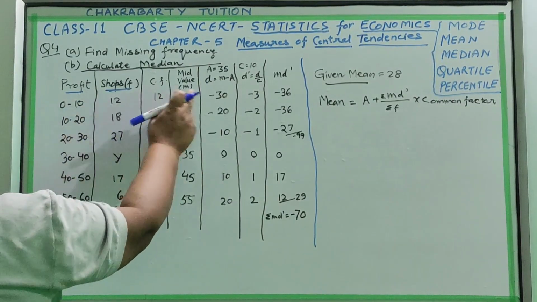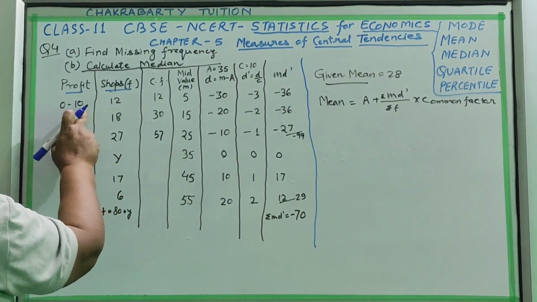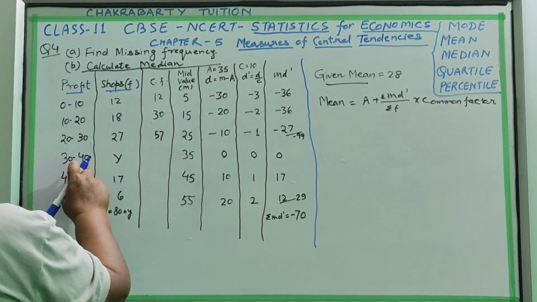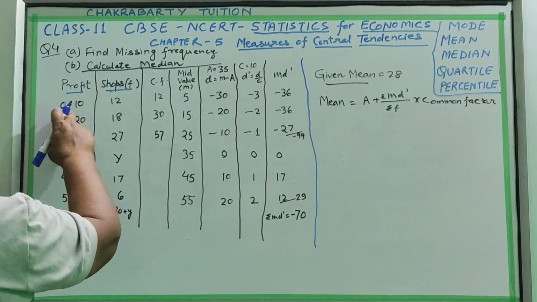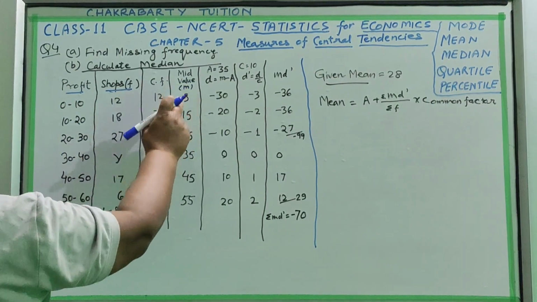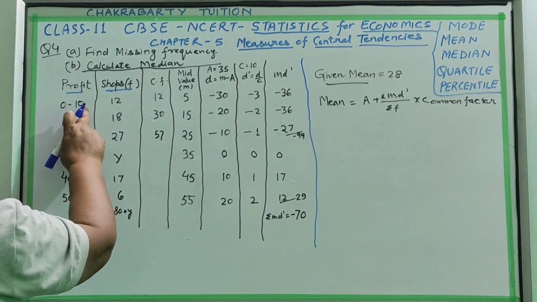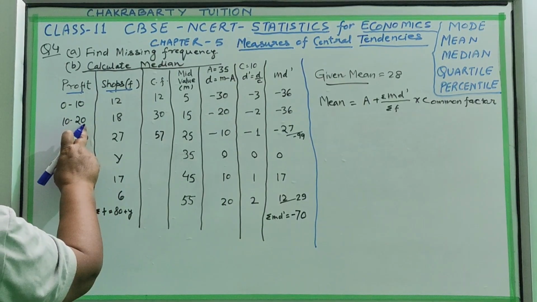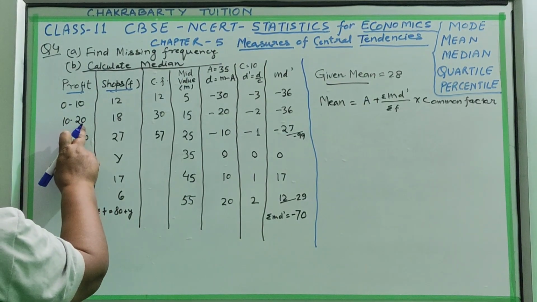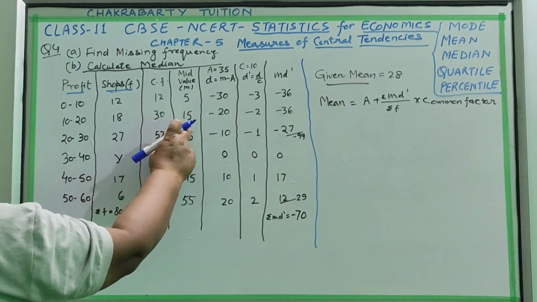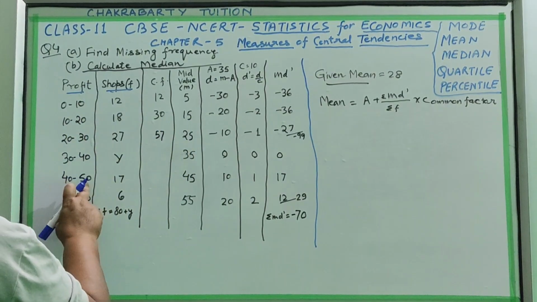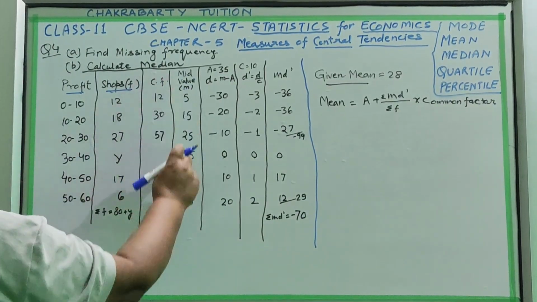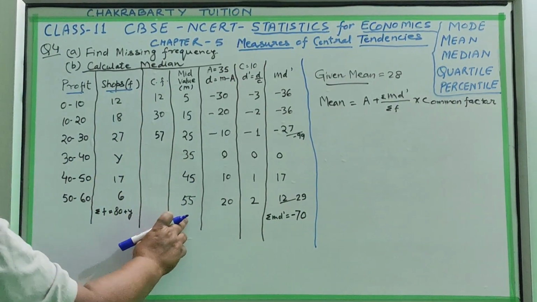So how will we calculate? First, the range is given as 10 to 20, a class group. When grouped data is given with class intervals, what we make is the mid value, M. The first and second figures we sum and divide by 2. 10 and 20 is 30, 30 divided by 2, mid value is 15. Likewise 40 and 50, if you sum, it is 90 divided by 2, it is 45. So we have taken the mid value of the class interval.